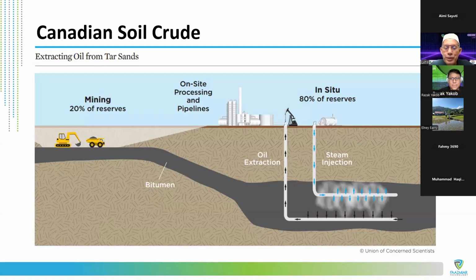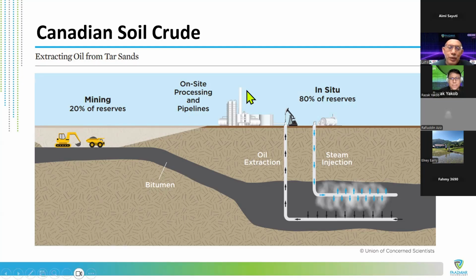You can see from this drawing that the tar is embedded deep in the formation, in the earth. They use steam to heat up the tar to make it liquid, and then they extract it from the well, which is very deep. But some of this tar sand comes up to the surface, and that is where they start to do the mining. For example, if the tar is about 100 feet or 100 meters below the ground, they dig down, touch the base of the tar sand and mine it.